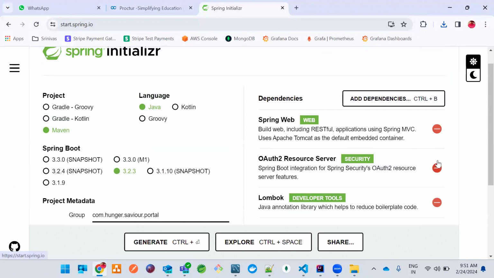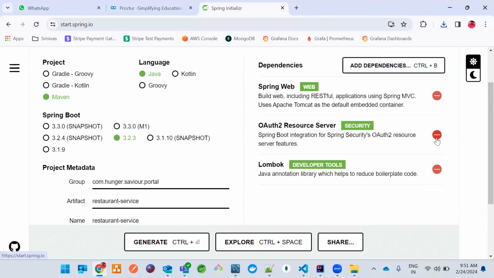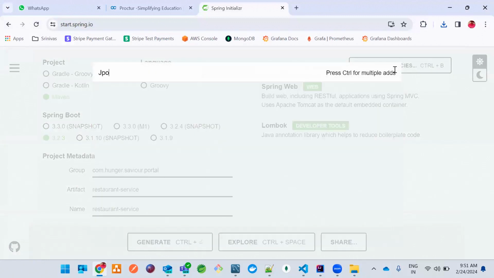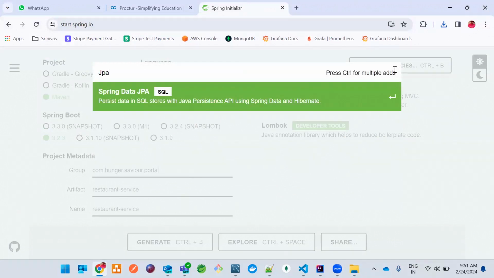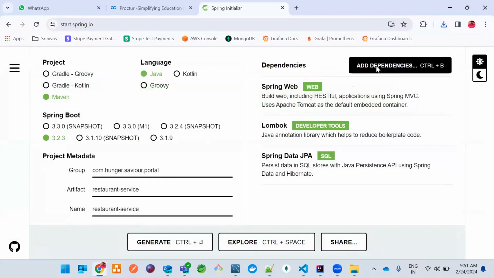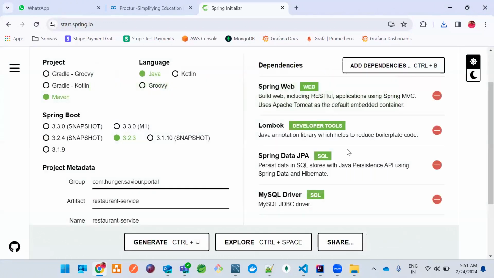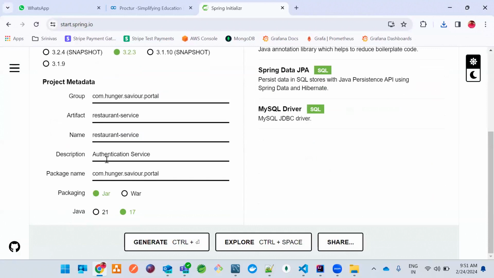And here Spring Web is required, OAuth2 authorization server is not required. And then Spring Web, and we need to add JPA. Oh, we forgot about JPA, right? So in the user service, it has to be there. So we need to add MySQL. Spring Web, Spring Data JPA, MySQL driver, Lombok are enough, right? So probably what we can do simply, we can just